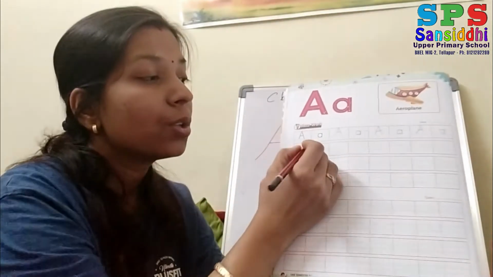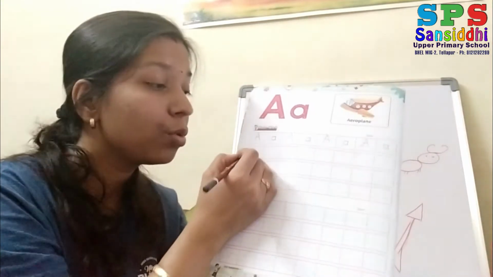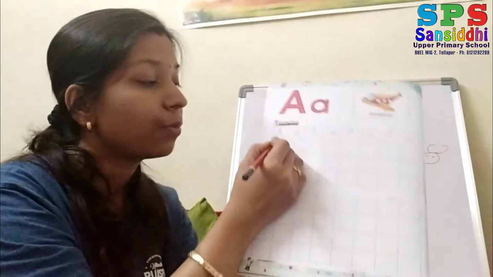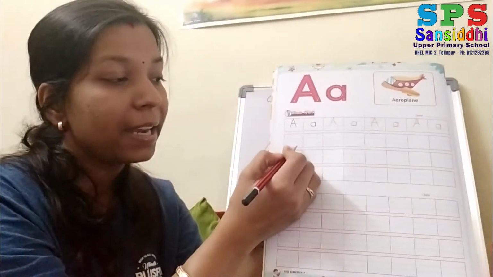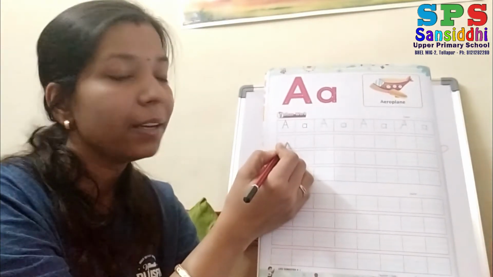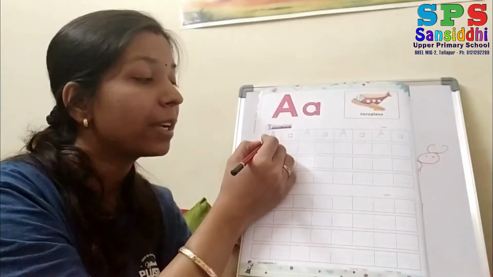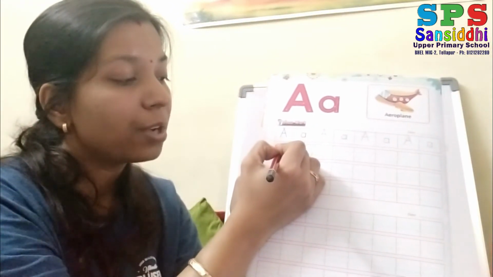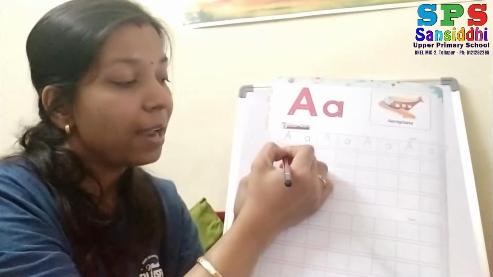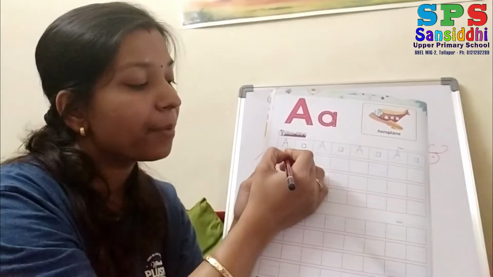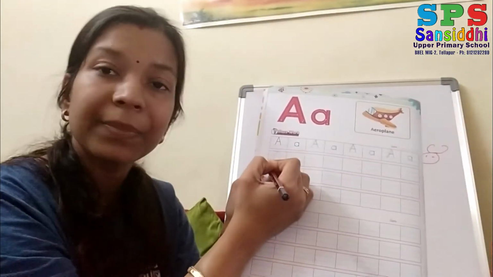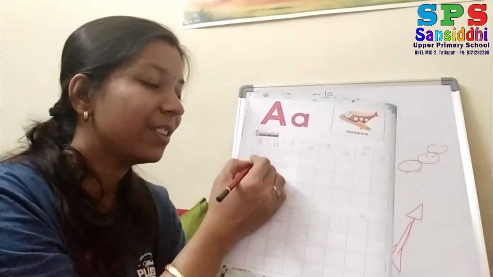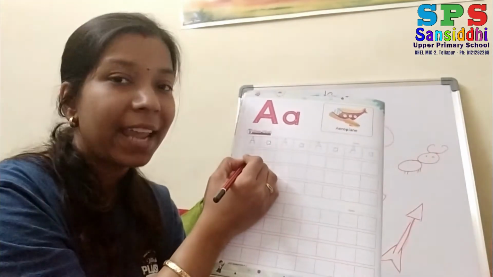Yes, writing. Now what you have to do? Don't write here and there. Where you want, you can't write. You have to check the lines. See, up red line, down one red line, and middle two blue lines. So for the capital letter, you have to start from up red line to down blue line, one right slanting line. Again up red line to down blue line, one left slanting line. Then middle sleeping line. So now it became capital A.